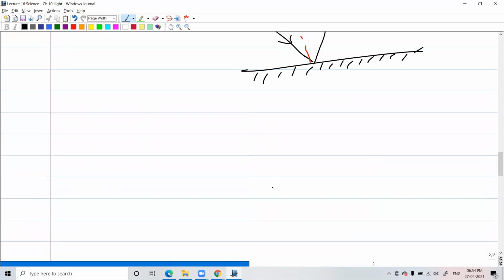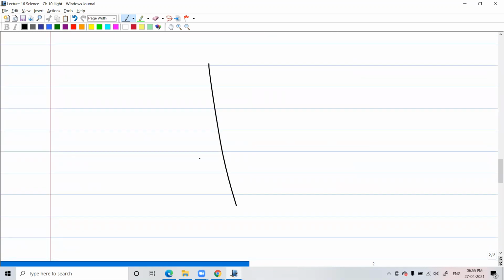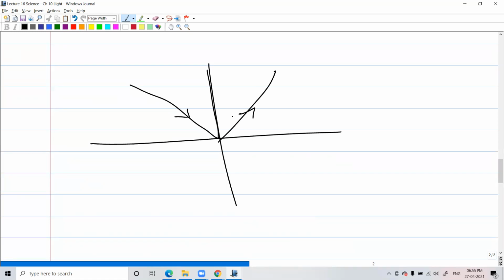So do you understand the concept of a plane, first of all? The XY plane. So this is an infinite rectangular plane you can imagine. It goes both sides, up and down, left and right, infinitely. So if you draw lines on it, the incident ray, the normal, and the reflected ray, all of them will be in the same plane.